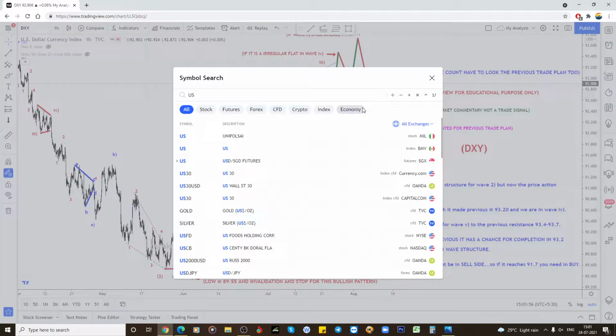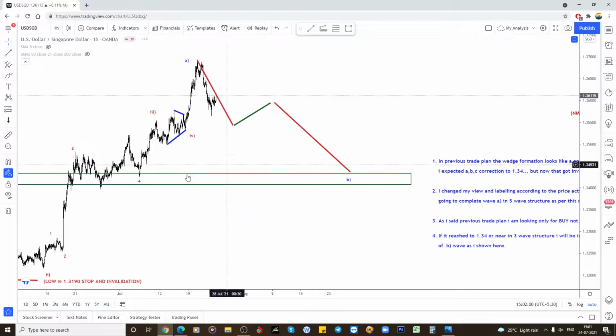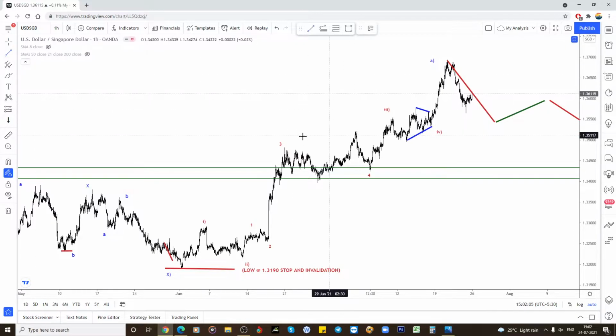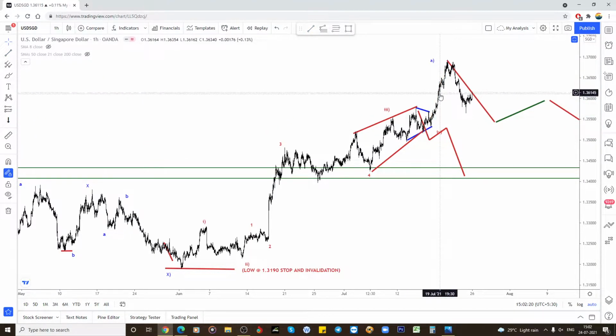For example, here I am trying to explain. Yes, this is the one I had shown here. The previous one, as I said, is looking like an ending diagonal, so I am expecting a three-wave structure. But what it did, it already, from here it should. So like that in DXY it can do. What we are trying to explain is, okay, 1, 2, 3, so 4 and 5 are completed here. So this is looking like an ending diagonal. Previously I did it like this,